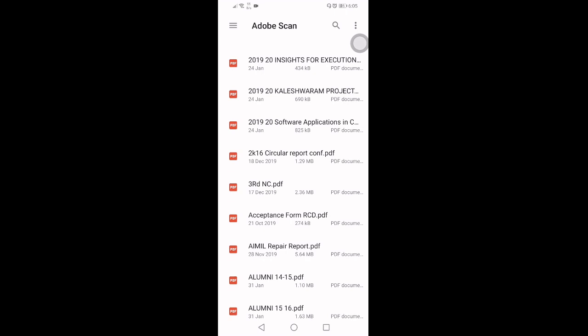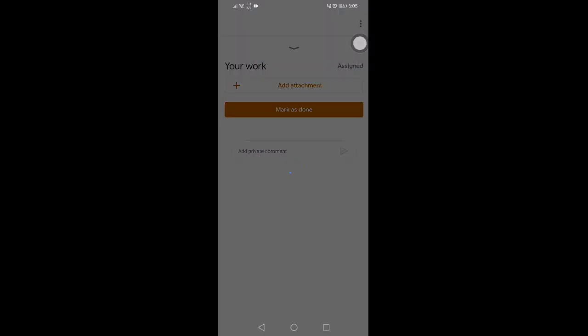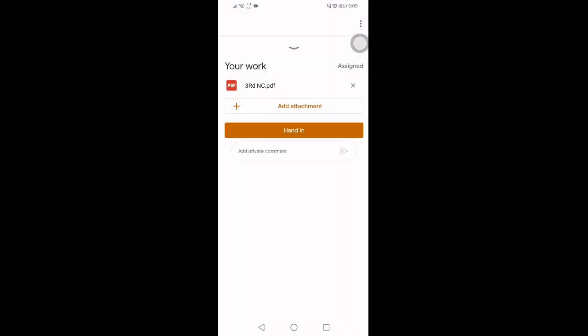Let me click on this third nc pdf. The attachment will be uploaded here like this. Let's wait, it depends on the internet speed. The attachment is uploaded. Make sure that your drive has enough space, at least 500 MB left, so that they will be attached.